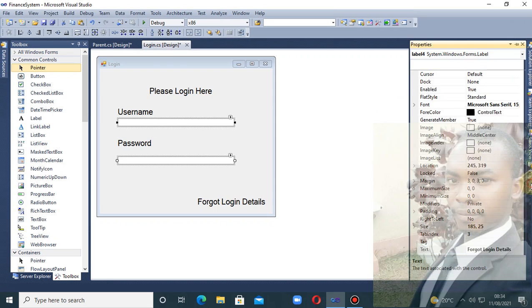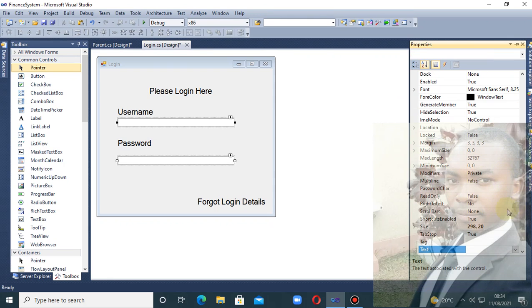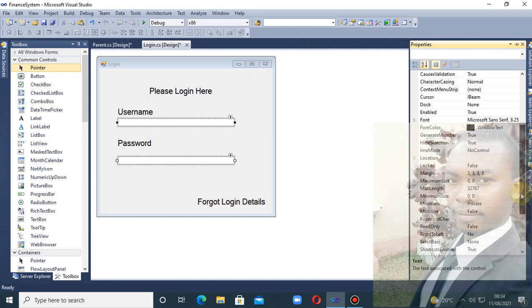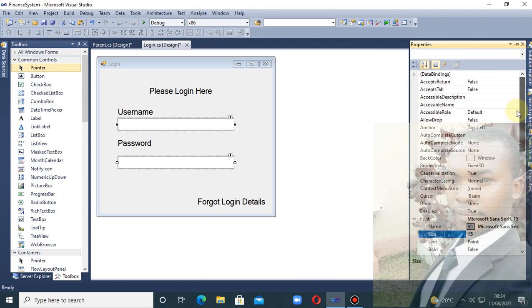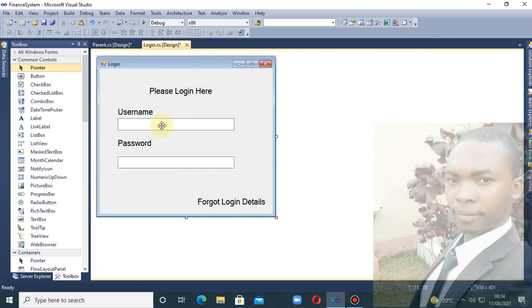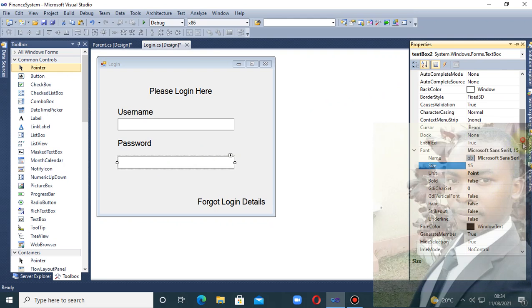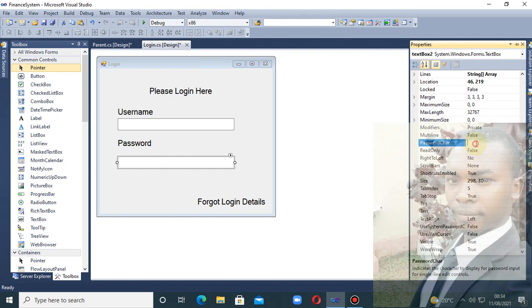Highlight all of them and then come to the font properties, and then we come to the font, make it 15, and then we are going to use this one as a password. Declare it here. Password character, we make it a star. Okay, so